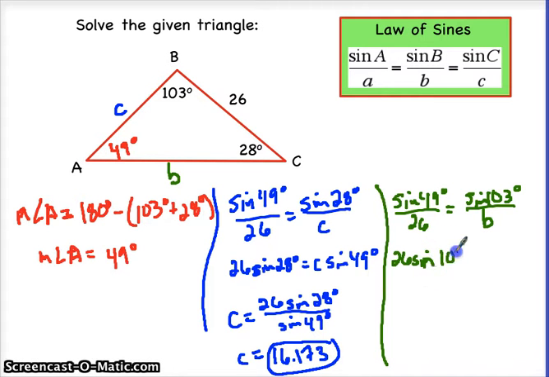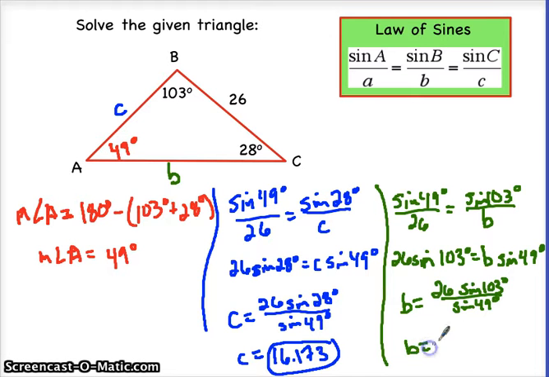The sine of 103 degrees equals B sine of 49 degrees, and divide that over. B will be equal to, again, 26 sine 103 over sine 49 degrees. Type carefully and you'll find out that the third side is 33.567